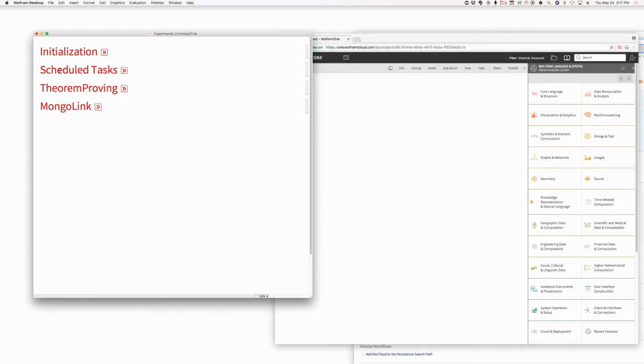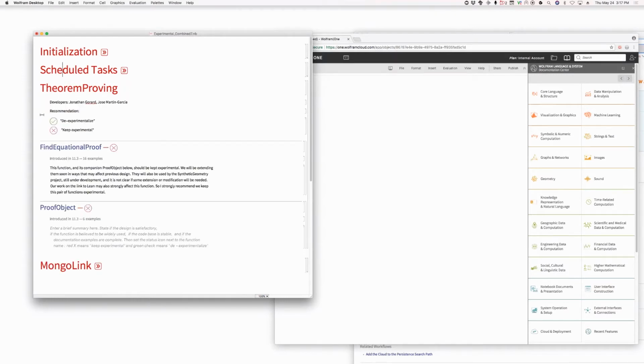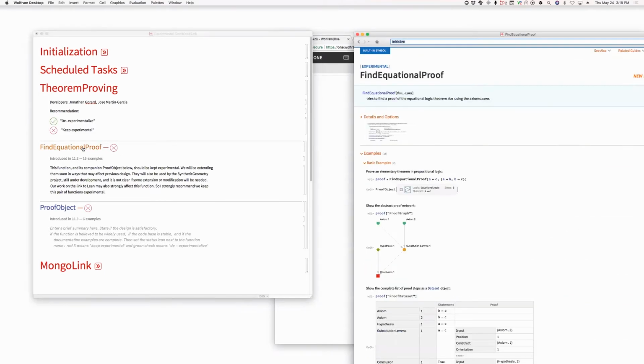Okay, let's move to a totally different topic, which can involve a different set of people here. I assume we have Jonathan and Jose here. Yep. Hi. Okay, so the folks who were involved in the initialization and scheduled tasks, except there was nobody involved with scheduled tasks. So the person not involved with scheduled tasks can drop. But Roman, if you don't need to stick around, I think, for this. Okay, goodbye. Good night. Thank you. See you. Bye.